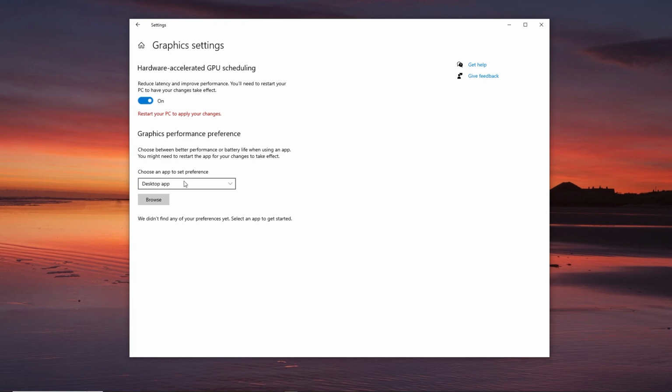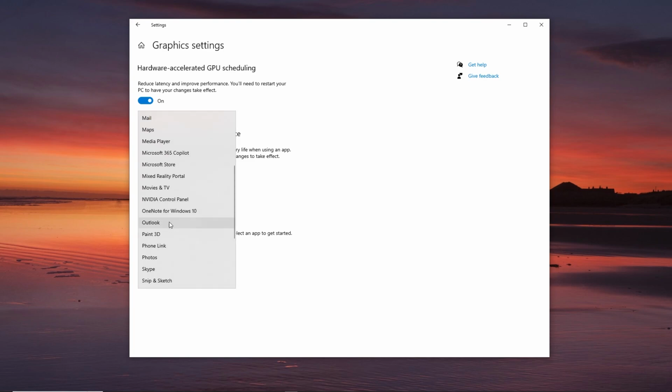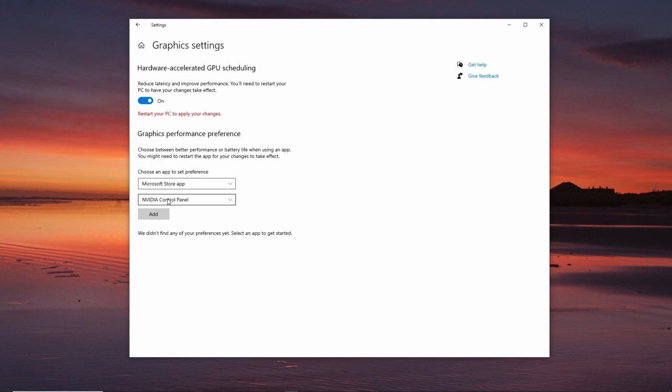The next step is to choose an app to set performance. You can simply select the app from the Microsoft Store, or like that. It depends on your graphics card. If you have an Nvidia graphics card, you can simply download the Nvidia Control Panel or Nvidia drivers to get more performance. Once you select the graphics card app or application, you have to